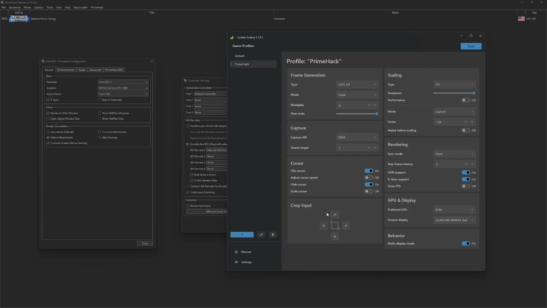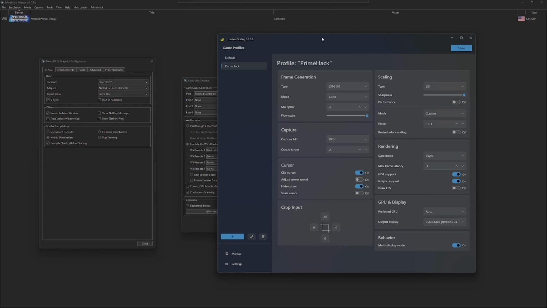Alright, so this is a video on how to use lossless scaling with the PrimeHack. If you want to play above 60 FPS, which can look kind of choppy sometimes if you're using a mouse, then there's really no good way yet to unlock the frame rate in the Prime games above 60 FPS. So you have to use the lossless scaling or some sort of AI generated frames, which if you want to use that,